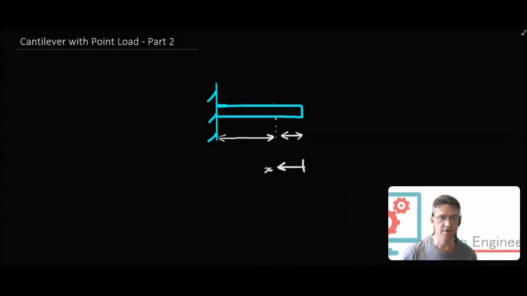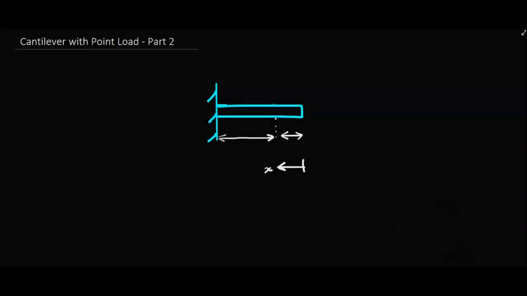I'm going to be doing part 2 of a cantilever beam with a discrete point load. This time we're going to do it with actual numbers in rather than algebraically as last time. So off we go. Let's start by